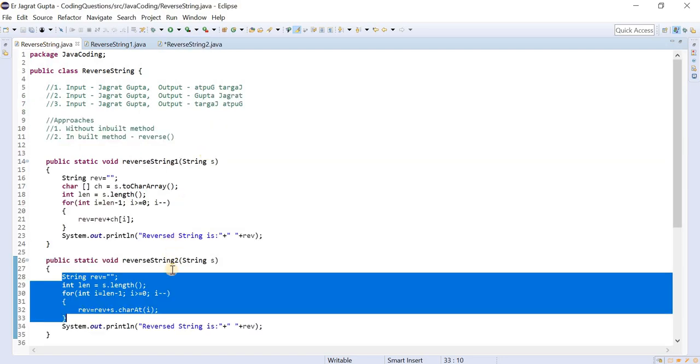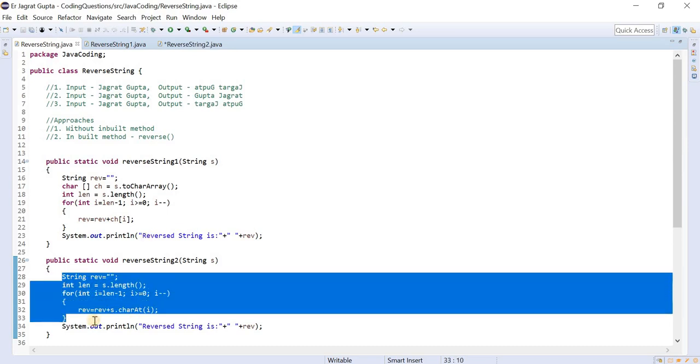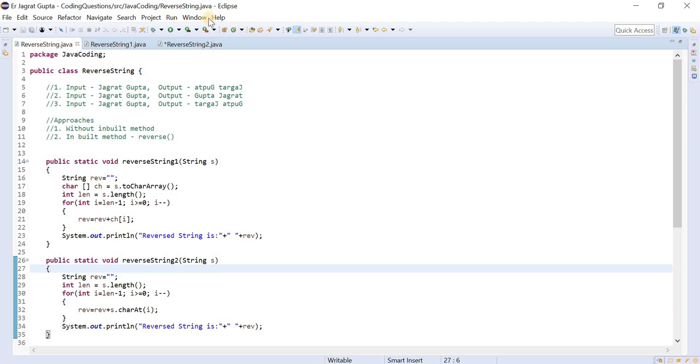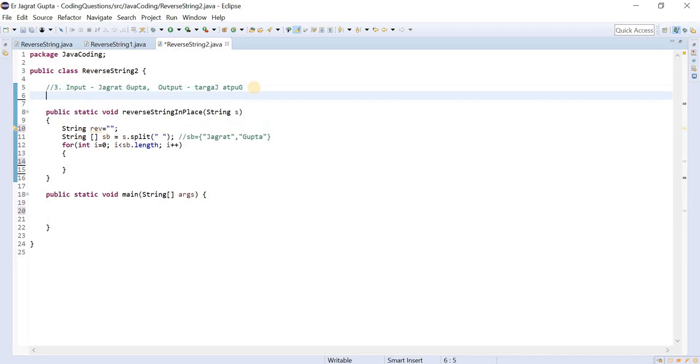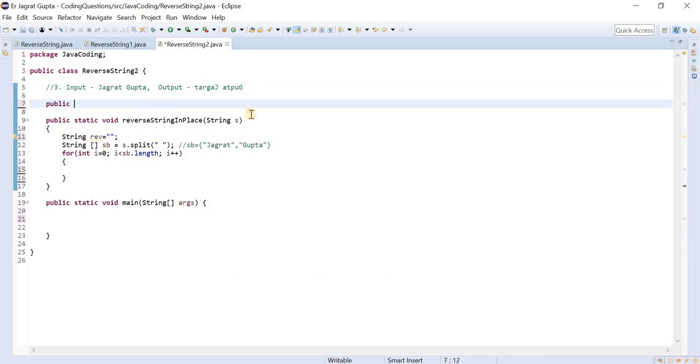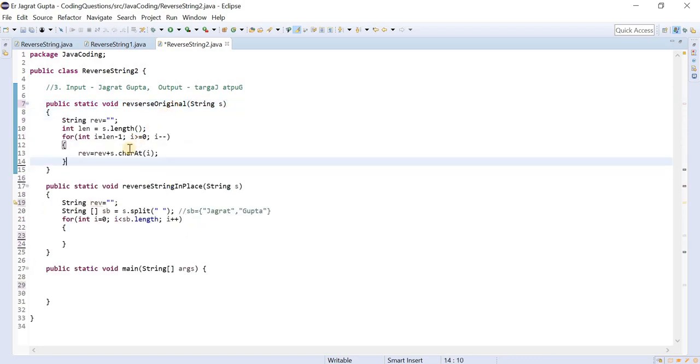You can see that we can pick any method here, no problem for that. So let us suppose I am picking this particular method. Let me create a new method for this, and we can call that method in this reverse string in place method. So public static void, let us suppose I will say reverse original, and this takes a string, and I will paste my code here.